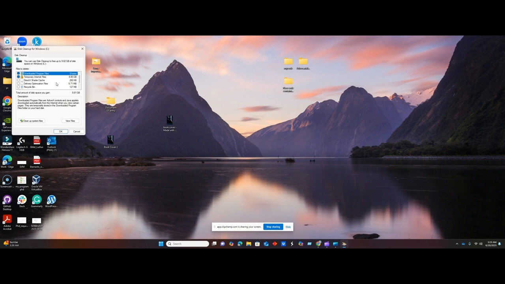So what you are going to do here is click on the downloaded program files. We check that box, and then temporary internet files, we check that box. Recycle bin, we check that box, because when you delete a file in your system, it doesn't go away, it stays in the recycle bin, right? So to permanently remove that, you have to delete all these files in the recycle bin, right? So you delete that as well, and then temporary files also I want to delete, then this last one as well. So when I click on that,